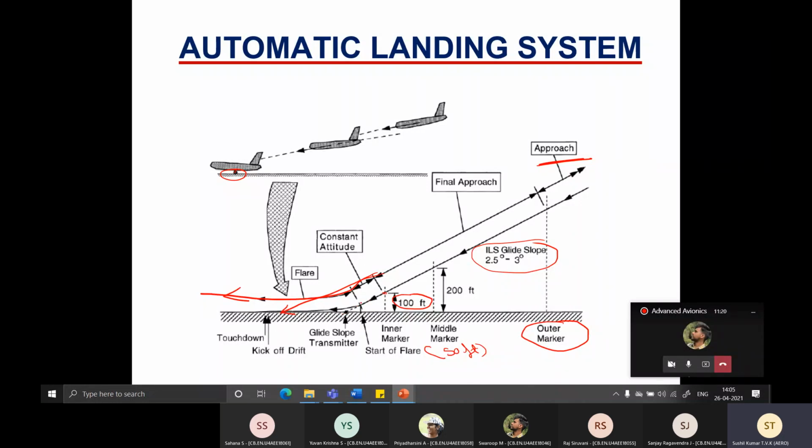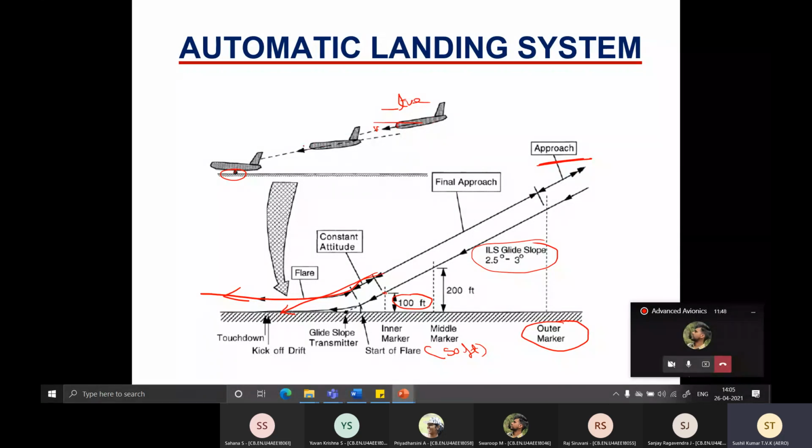So manually also, the pilot tries to rotate the aircraft in such a way that the vertical component of the velocity reduces, so that you have a smooth landing. So you look at the flight path angle. Suppose this is a velocity vector. Here it is negative when it is on the glide path.